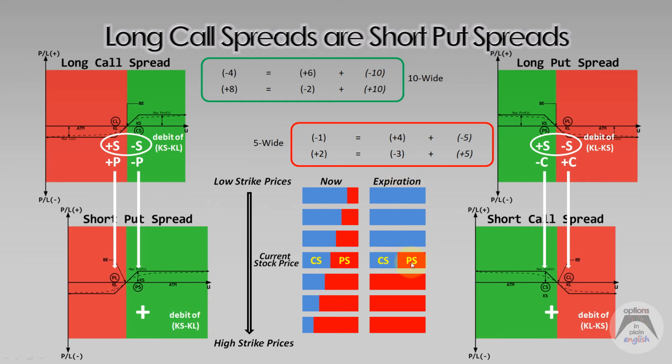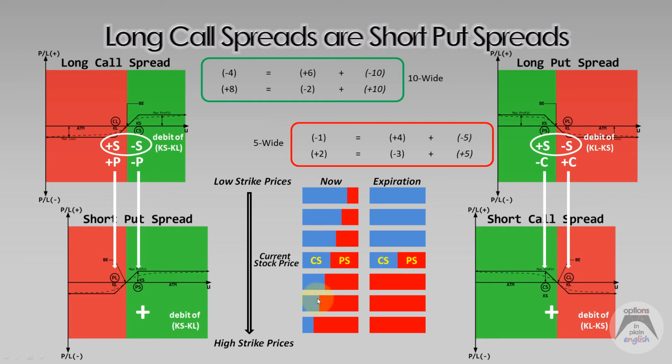The ones that are not at the money are going to be all or nothing. The call spread in this case is going to be max value, and the put spreads over here are going to be max value, and the opposite are going to be 0. The put spreads here are going to be 0, and the call spreads here are going to be 0. So you can see now